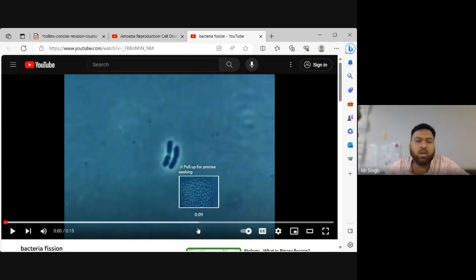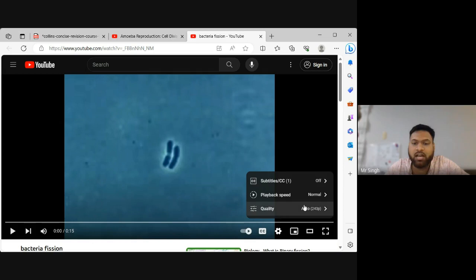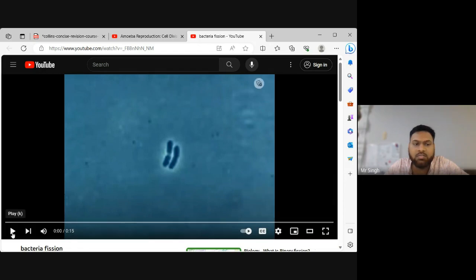So let's see what happens when asexual reproduction happens very quickly. I want everybody to pay attention. Look at these two cells here, right? I had to put this in slow motion for you all to actually see it. So I put it in slow motion. Let's see how these cells are going to split. We're seeing the cell split into two. Right? So look at this.